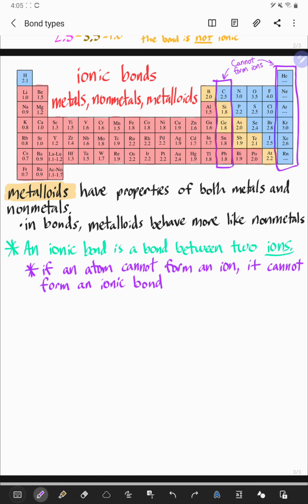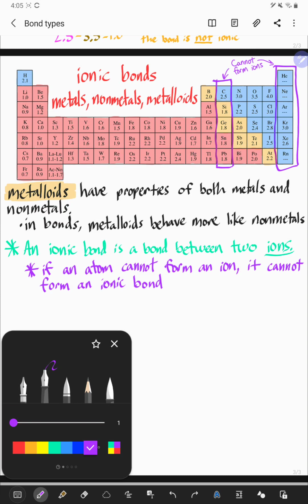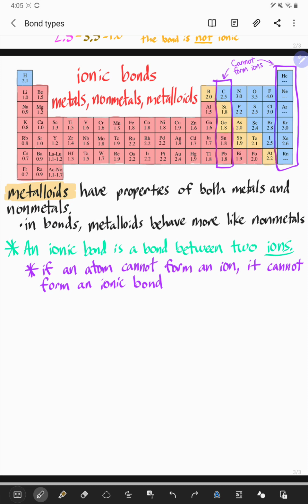metal and a nonmetal? Well, we're going to keep in mind that something about metalloids is that in bonds, they typically behave more like nonmetals. So we're just going to treat metalloids as if they were nonmetals. Let's think of an example. If I have silicon